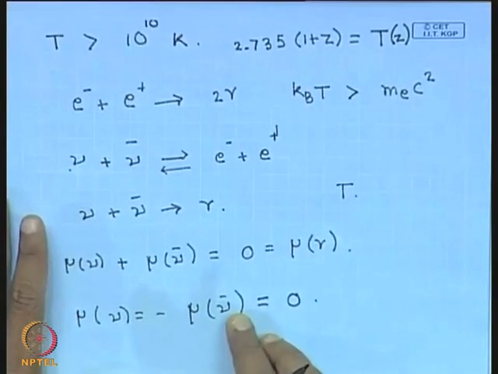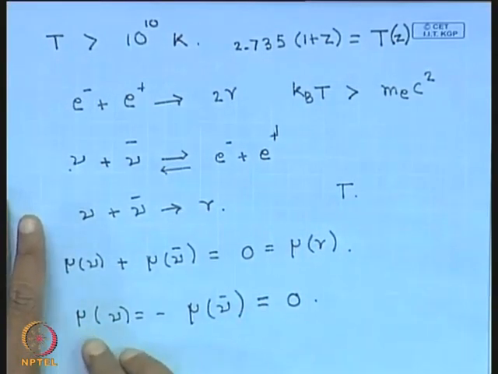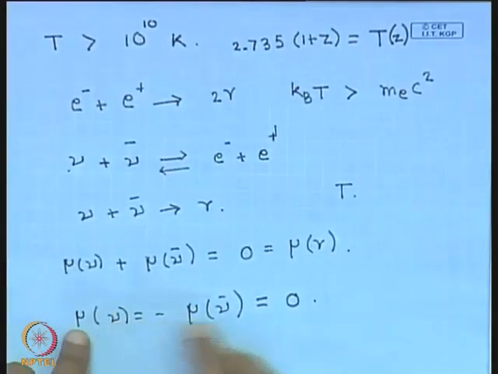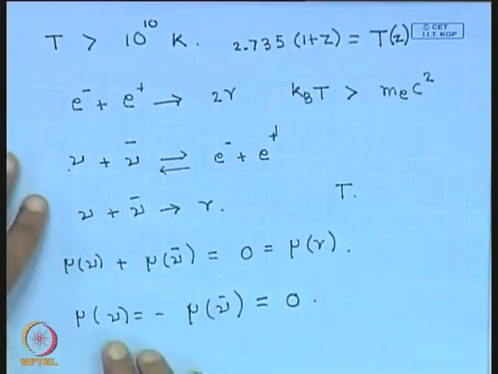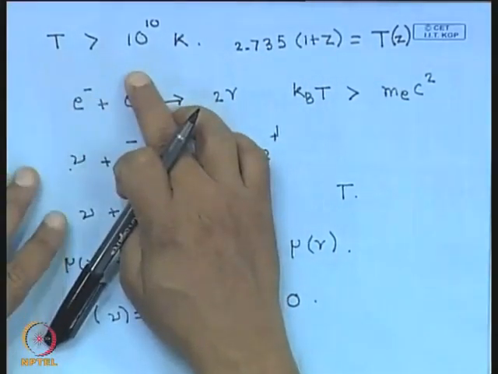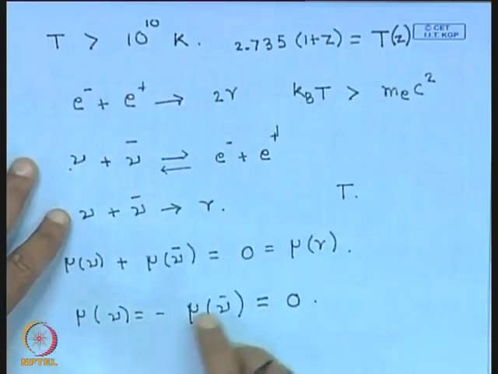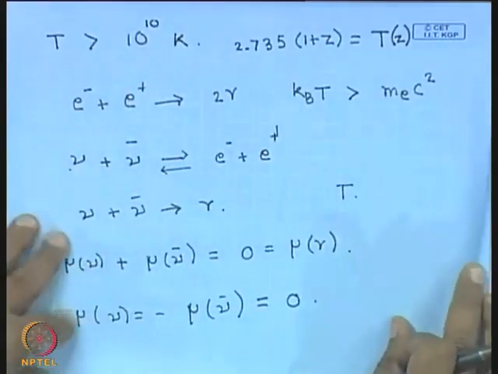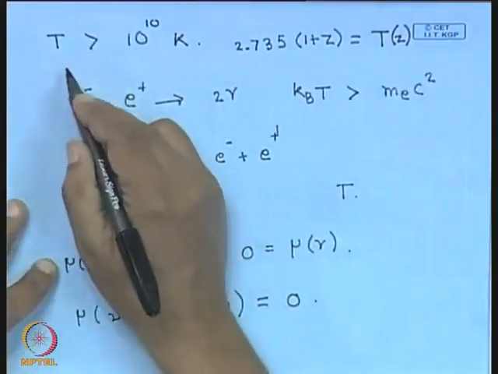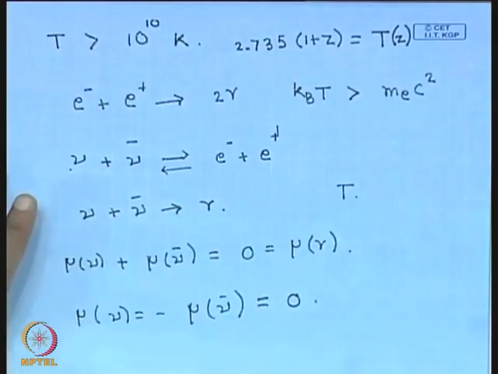Okay, we shall ignore that, and so we will assume that the electrons and the positrons have equal and opposite chemical potential, and their total number densities will be the same. But now we see an excess of electrons; we will not bother about that. That's what we are doing basically, because this will make a very insignificant contribution at these redshifts, where the number density of electrons is comparable to the number density of photons. So let us now start with the universe at somewhere over here, redshifts greater than 10.